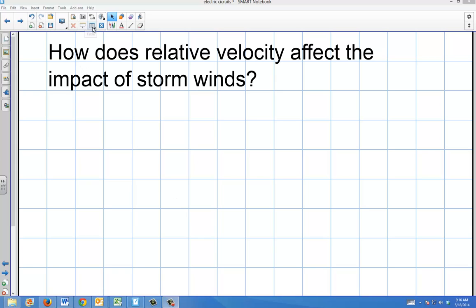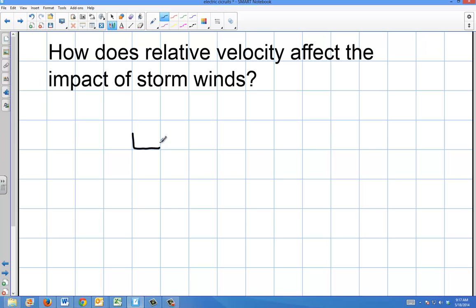Alright, so this video is going to be about how relative velocity affects the impact of storm winds. So what is relative velocity? If we talk about relative velocity in physics, let's say that you're in a car, and that car is